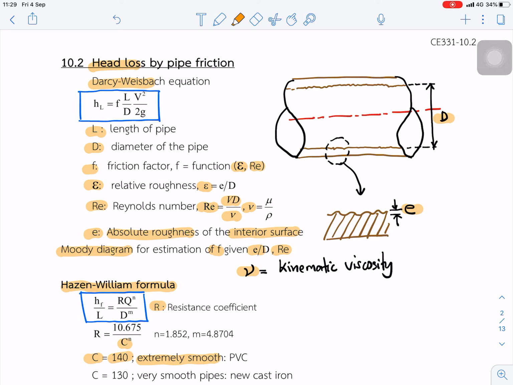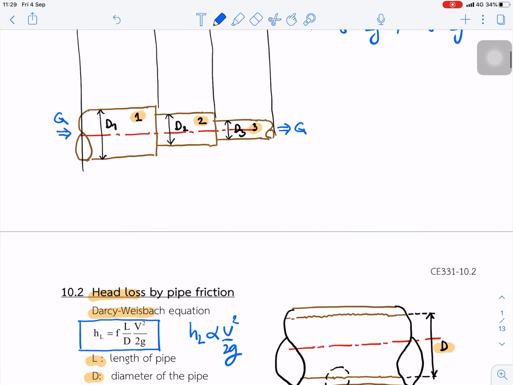Before we move to the next section, we practice our understanding of head loss. Head loss is a function of V squared over 2g. Okay, if we apply this to this problem,